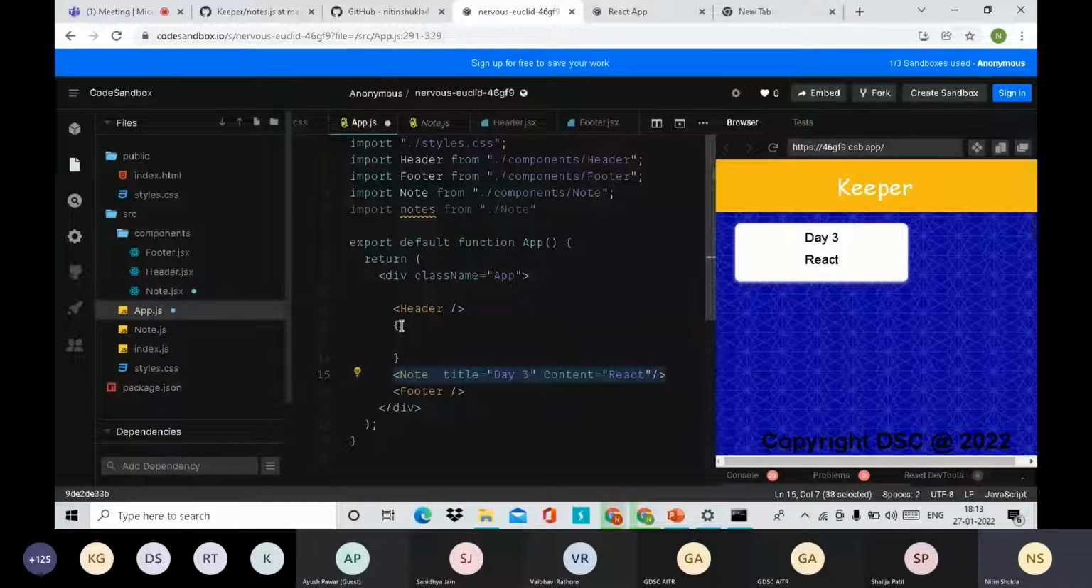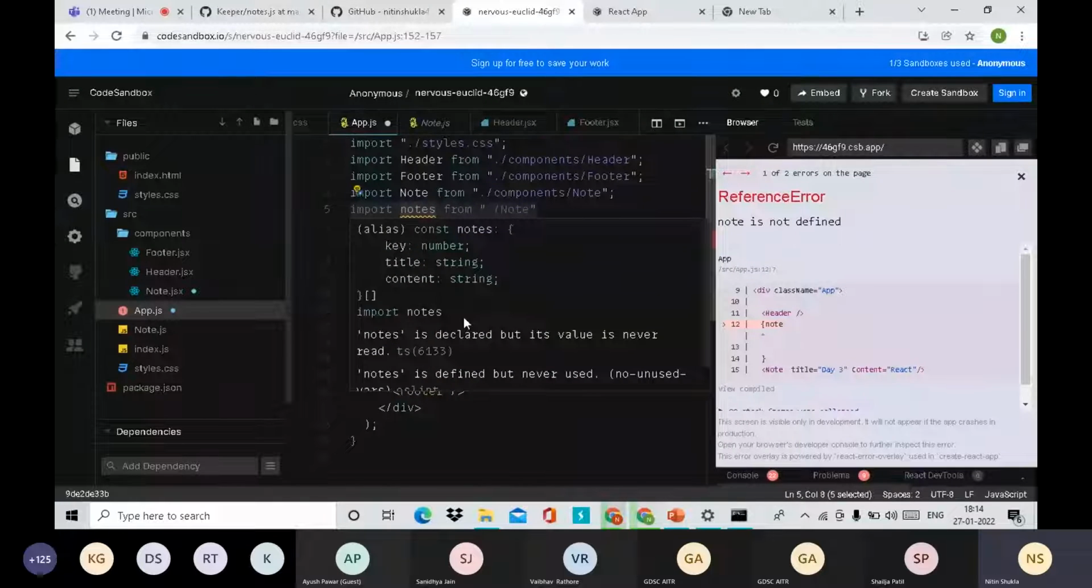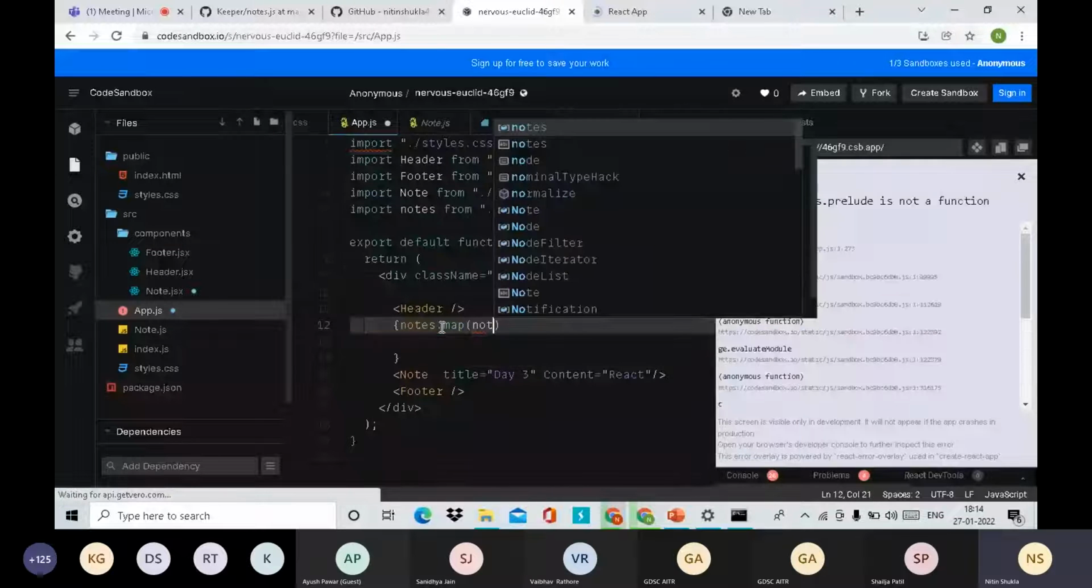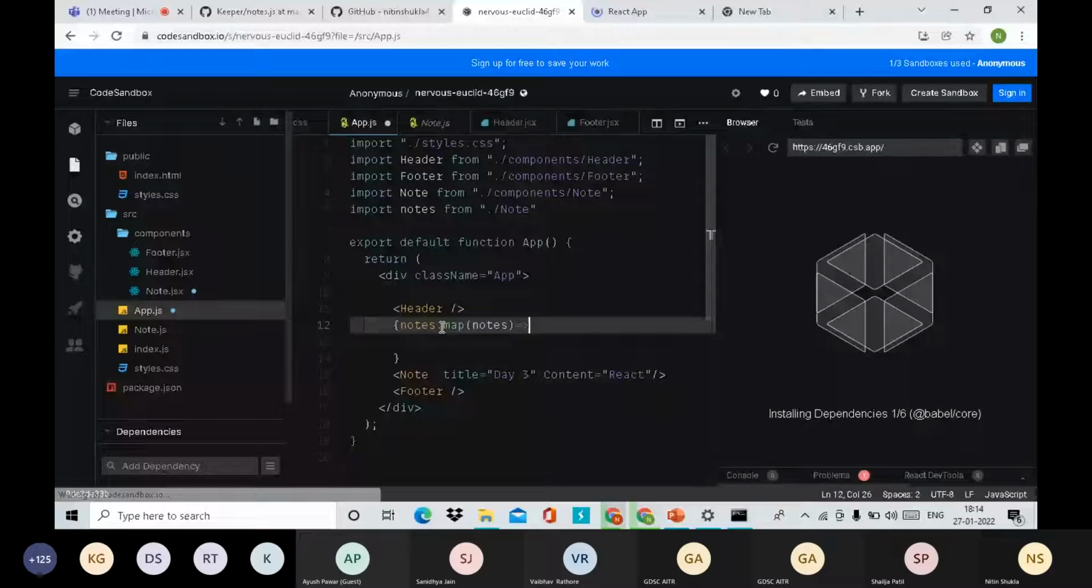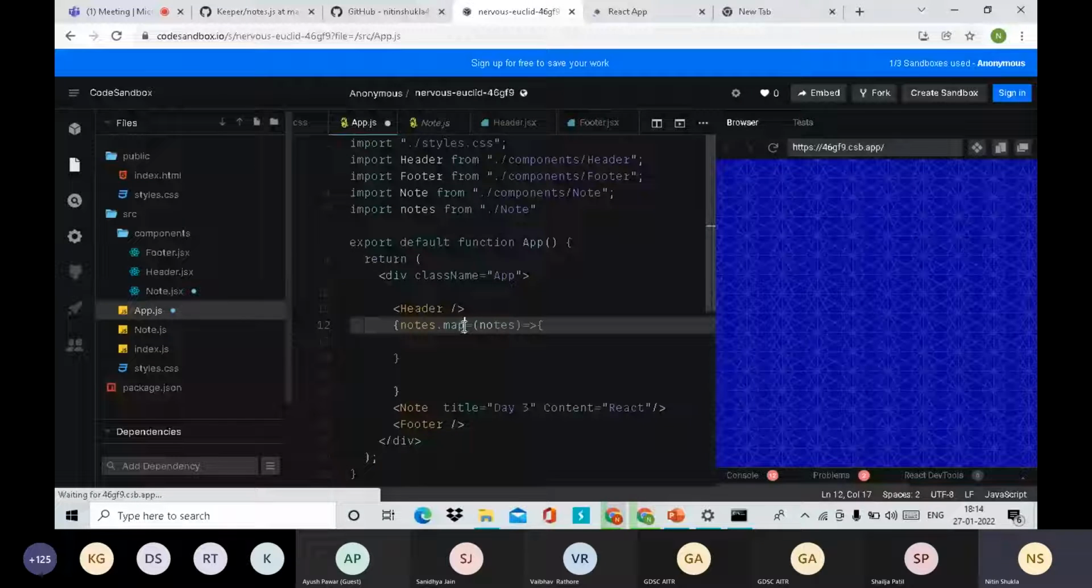Now look, there is a notes, here I'm talking about this notes, okay, which we are entering, okay. And we need to apply map function in this, okay. And we can call notes, and in this way we can pass